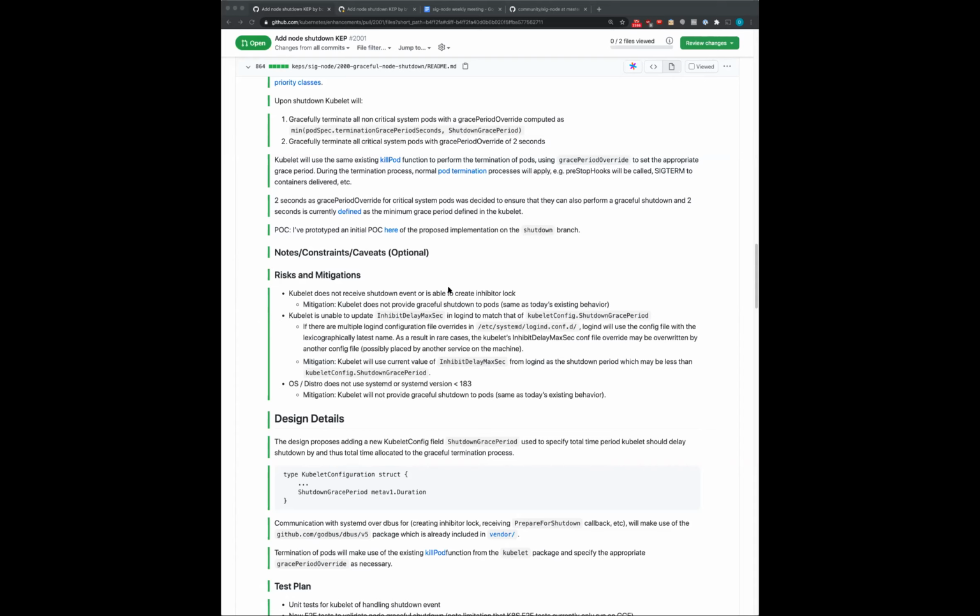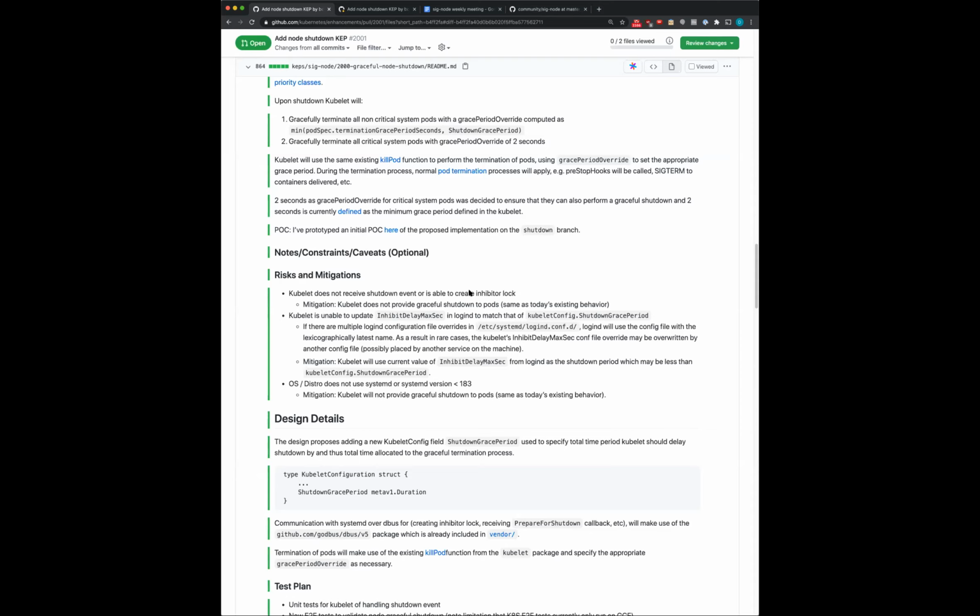Another way to do it is to go through the list of critical pods on the node, figure out the maximum grace period seconds, and then subtract that from the total time, so that you have the longest grace period critical pod remainder at the end.